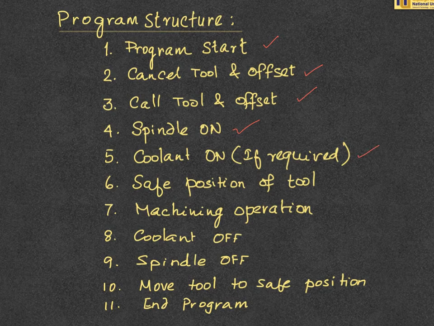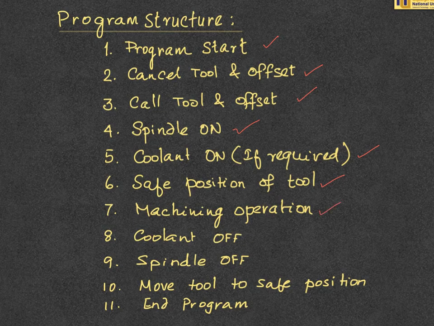If the machining needs coolant, you can switch it on using the coolant command M07. Then a safe position of the tool: park the tool at a safe position from the home tool turret reference position, then